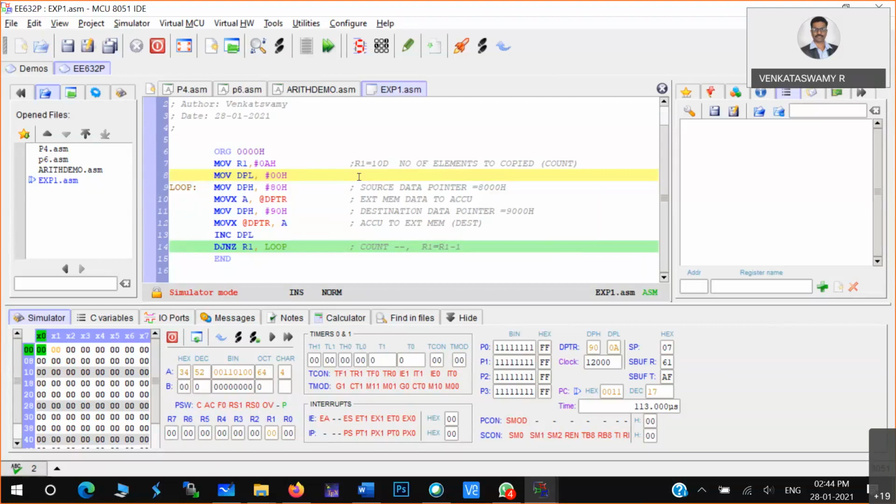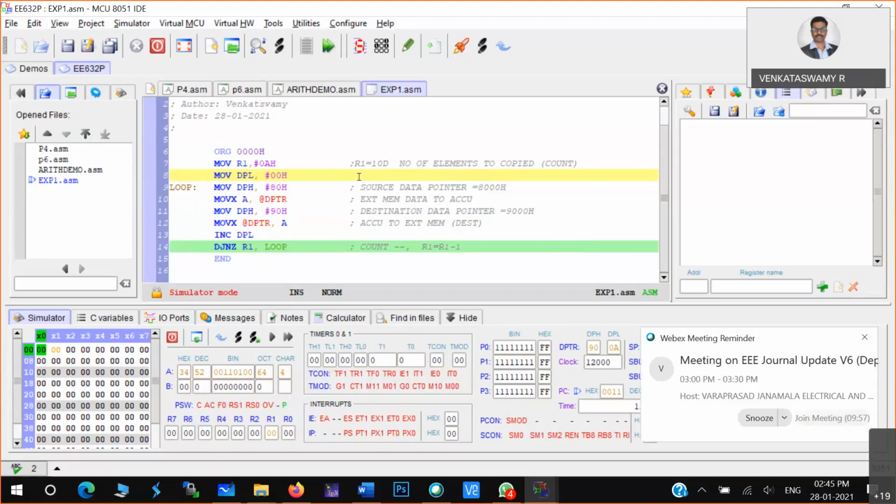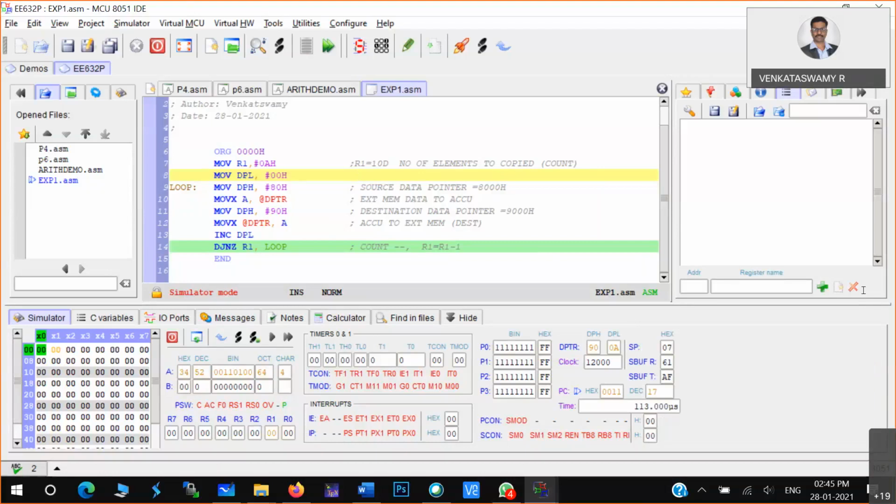So otherwise, note down this particular program. Okay, I'll give 15 minutes time to run this particular program in your machine. So at 3 o'clock, I'll take an evaluation in your machine. Okay. So note down this program in your notepad. Okay, and then I'll try to see how you are executing this particular program in your machine. Okay.